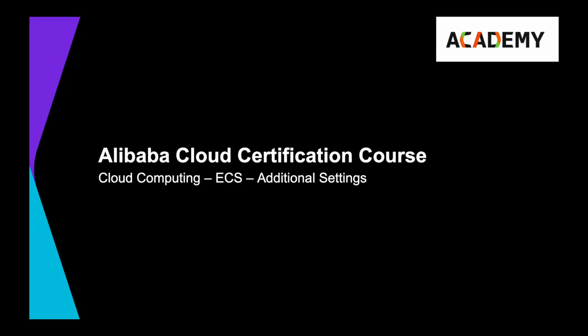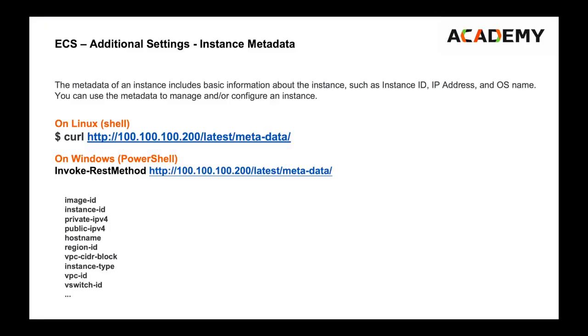All right, so now we turn our attention to ECS Additional Settings. Well, what do I mean by additional settings? I mean metadata and user data. So instance metadata is provided via a HTTP service that's actually accessible from any Alibaba Cloud VPC, regardless of whether